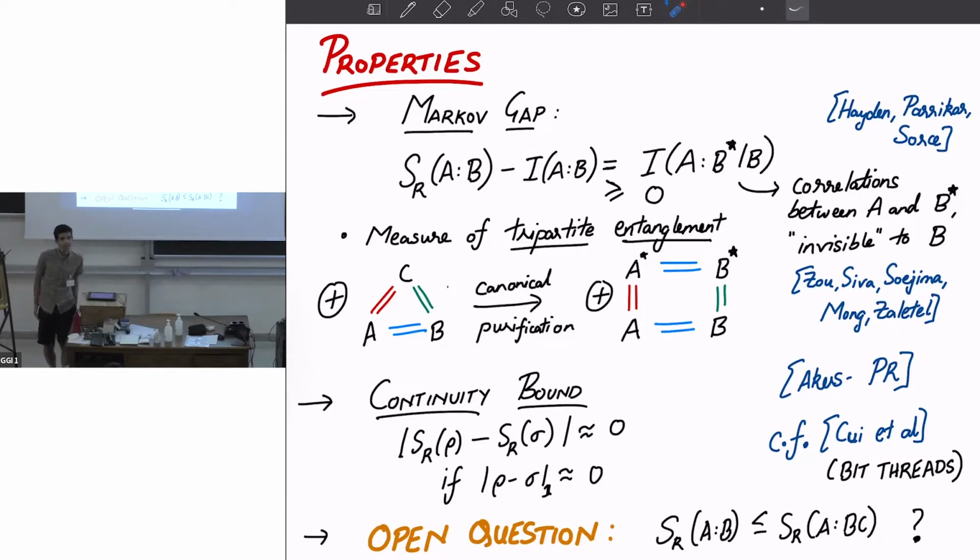Yeah. So just wondering, so you call this a reflected entropy entanglement measure? Yes. So you have this inequality which says it's larger than the mutual information. Yes. But on the other hand, we know mutual information can be positive if you just have classical correlation. Yeah. So this reflected entropy will also be positive if you just have no entanglement but classical correlation. Yes, right? That's right. Would that bother you?